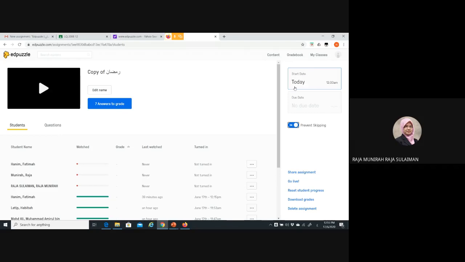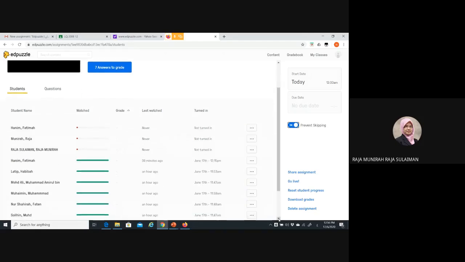And you can also put the due date. I did not put the due date here, but you can do that before you assign the EdPuzzle assignment. You can also download the grade after they finish, delete the assignment, and so on. And if you assign this EdPuzzle to your Google Classroom, there is one more button here.